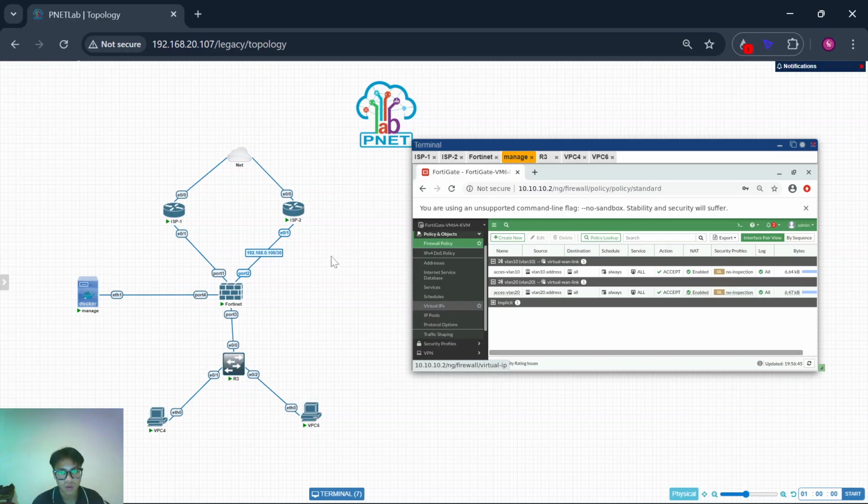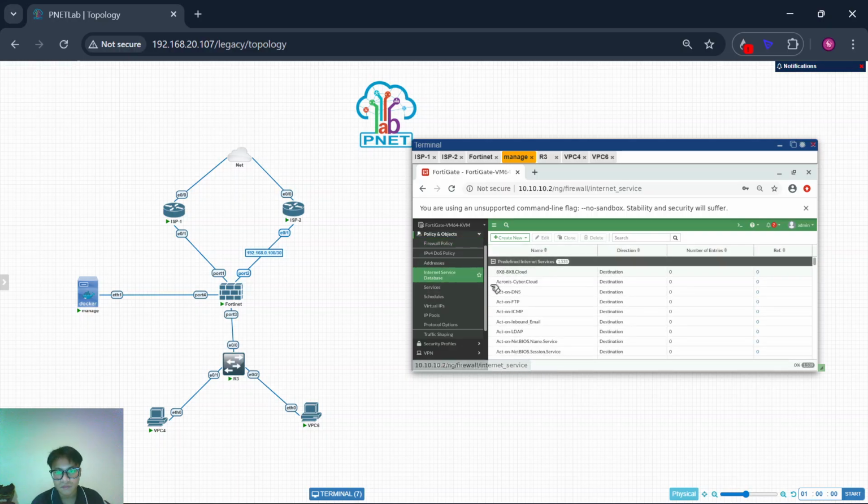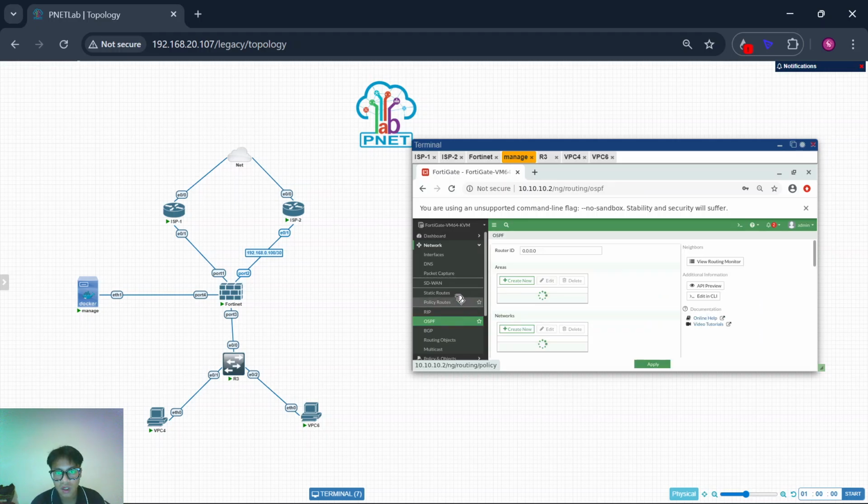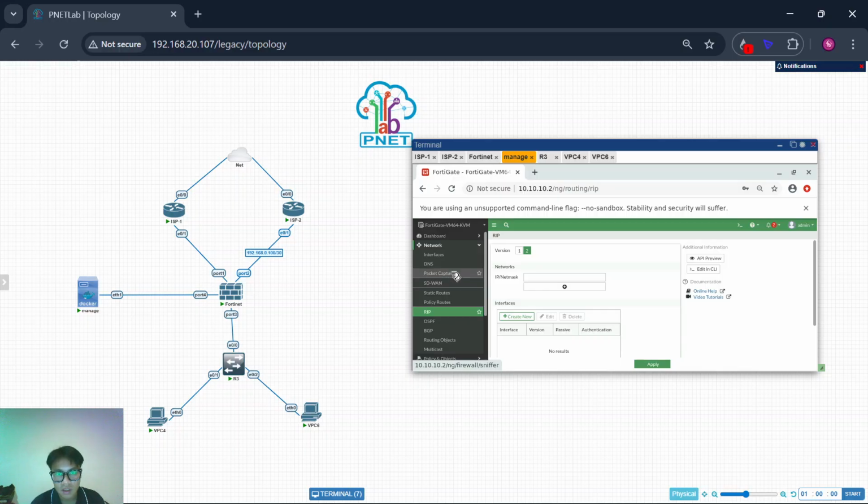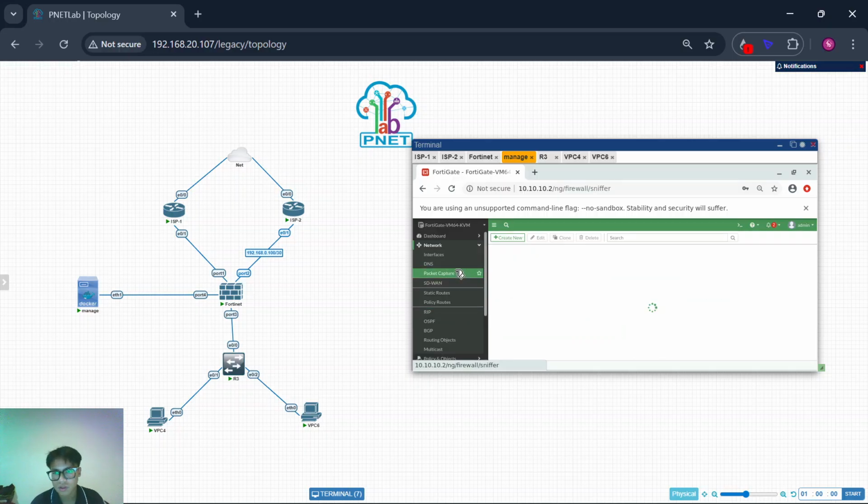VPC6 goes to ISP2 and is set to failover. I did not do OSPF or another routing, just static, because this is for learning.